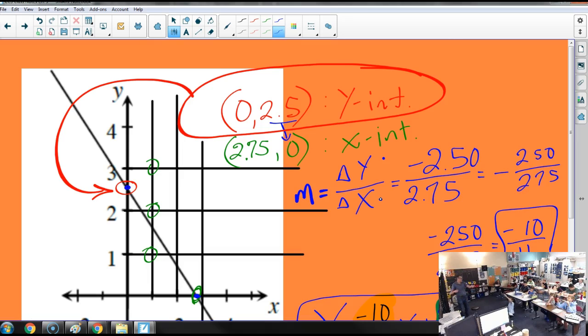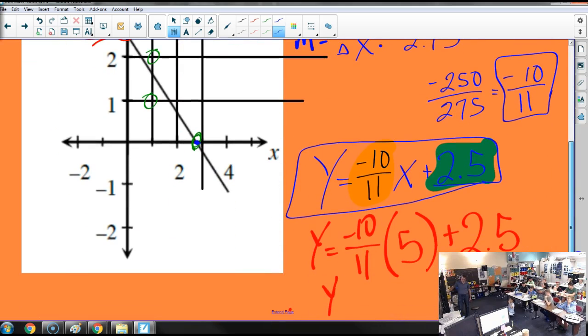Liam? So if the 2.5 is the y-intercept, we still have to do this math. The negative 10 over 11 is the slope. That's how our line is changing. So y equals this, and when we do the math,